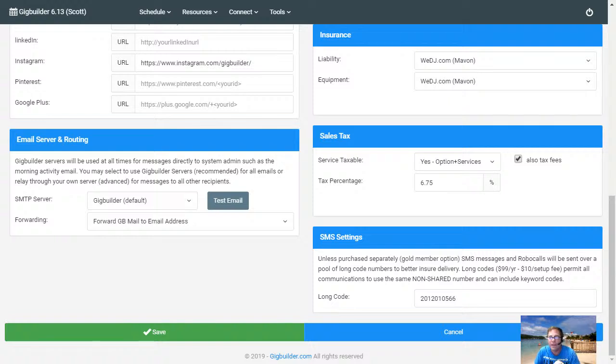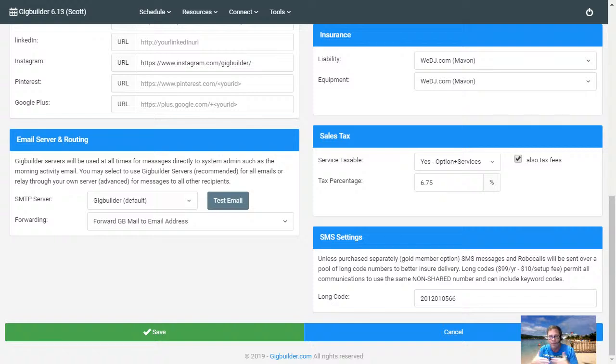Next, further down, we have our SMS settings. And our SMS settings are pretty neat because Gigbuilder is one of the very few systems out there which actually allows you... I'm trying to pull this live up so I get any comments. I'm still a little new on YouTube. I'll just ignore it, so we'll stay alive now and figure that out later. So, your SMS settings. We use a really cool service so that everything that we do SMS-wise, or text messaging wise, we're the only ones that do it